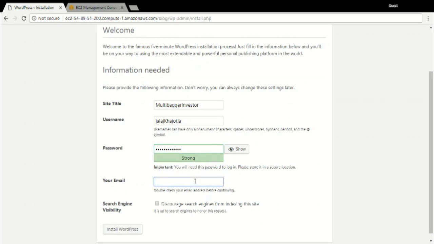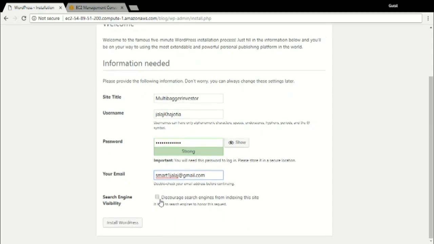Make sure you give your email ID, because otherwise it will be very difficult to get your site back on WordPress, because you have to reinstall again if you forget your password. And yeah, that's all.